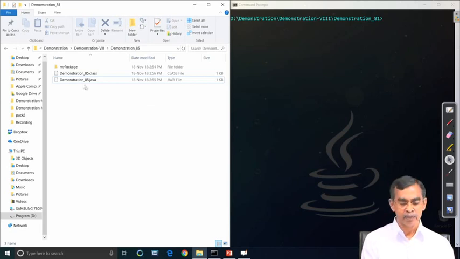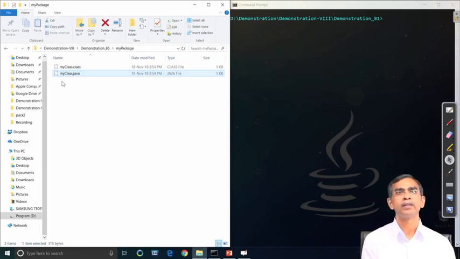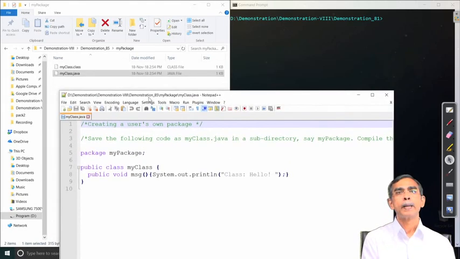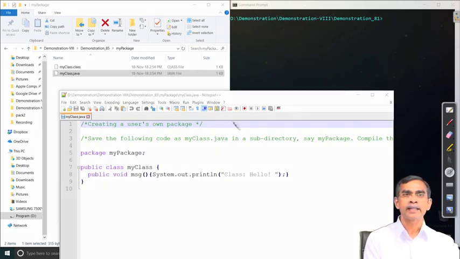Now, here you can see the simple program, where we want to maintain one class in a package. Let us have the demo of the first program, 8.5, open this one. Now, here you can see we have created one class, the name of the class is MyClass, and this class I want to put into a package, the name of the package is mypackage. For this we have to write the statement package mypackage, indicating that this class will be moved to the package mypackage. What is mypackage?